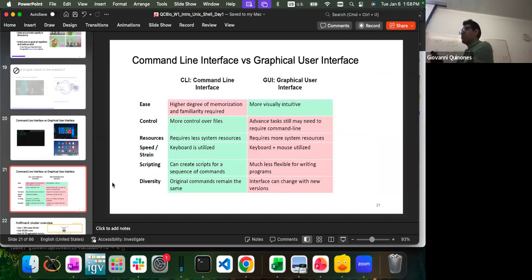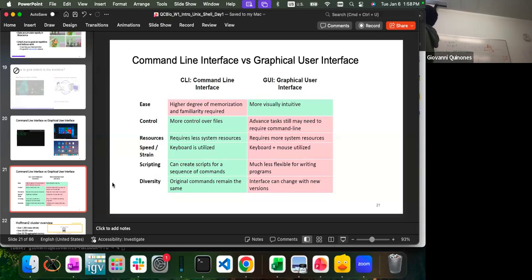And some more differences between the command line and the graphical interface. Like I mentioned, the graphical interface is more visual, and for the command line, you'll need some degree of memorization. But on the command line, you have more control over the file system. You have more freedom over the resources available within your computer or the cluster.